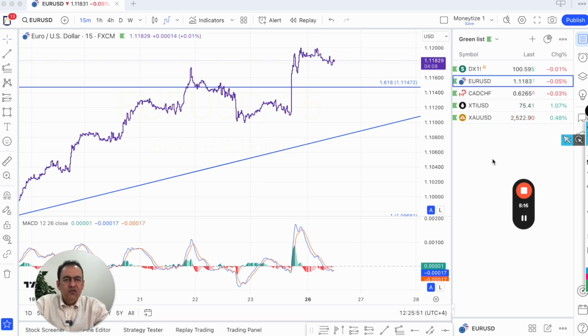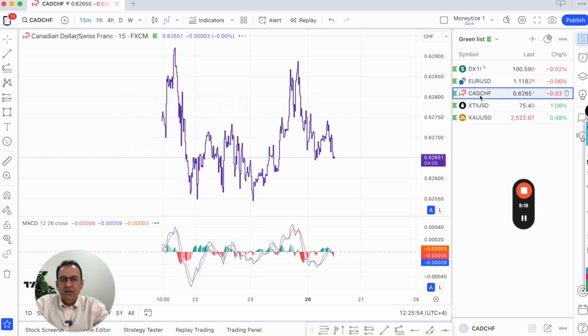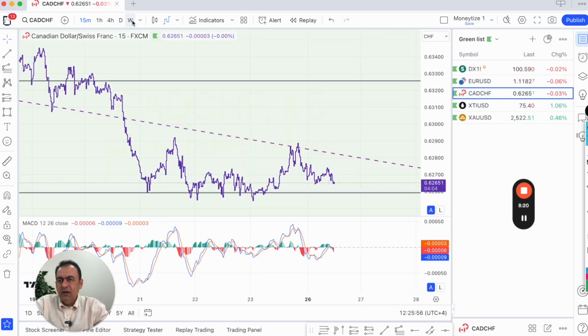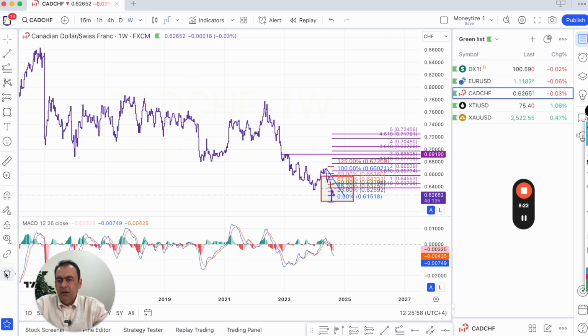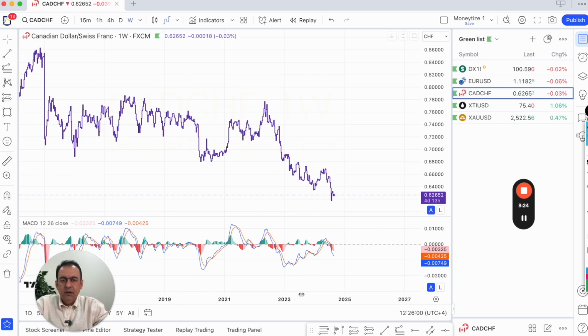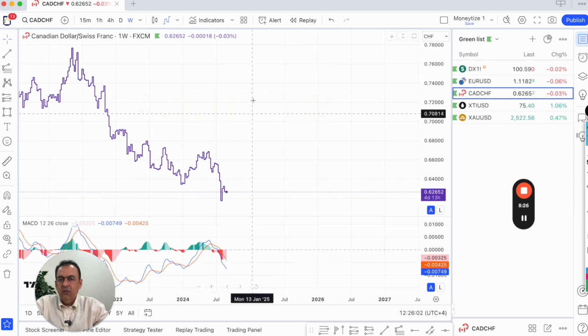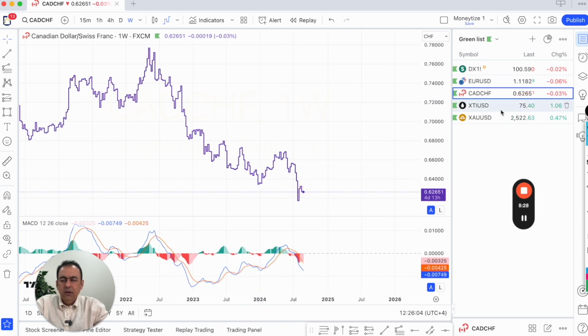Now the next instrument I'm going to discuss is Canadian dollar versus Swiss franc. Let's start from the weekly frame here. I'm going to clean the chart here, and on the basis of the weekly time frame chart, we do not have bullish divergence anticipated once we get the bullish crossover here, but till now everything remains bearish because MACD lines are open-ended in the downward direction,